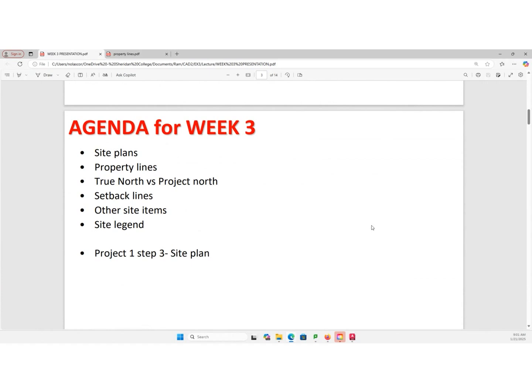I know there's a video showing the metric version for AutoCAD, but we're going to bump it up a little bit and use Revit for Project 1 Step 3 site plan. Okay, so some of you used Revit before. Yes, a little. Good.